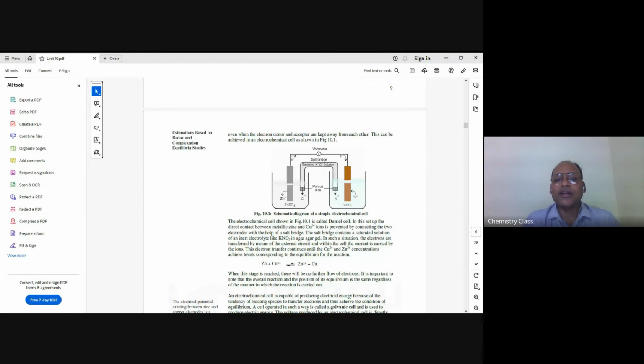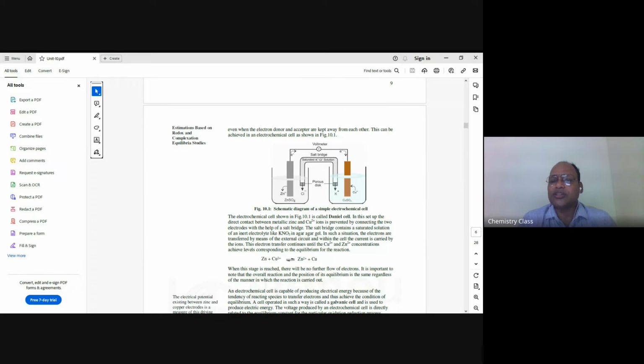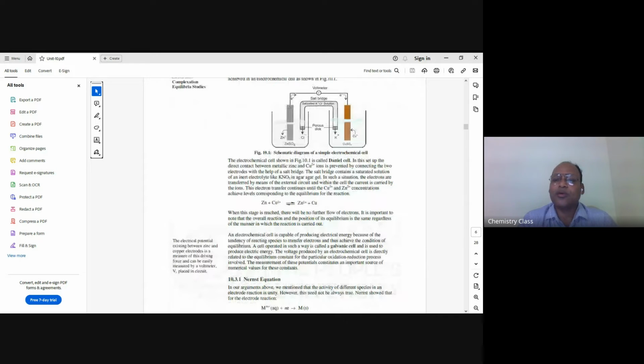This electrochemical cell is otherwise known as the Daniel cell or primary cell. It is another terminology. It has two containers. One is the oxidation half container, the second is the reduction half container. In the oxidation half container, zinc sulfate solution is taken and a zinc electrode is used. In the reduction half, that is copper sulfate, which is the cathode. The reaction will be there, connected with a salt bridge. The salt bridge contains KNO3 solution. On the basis of that,